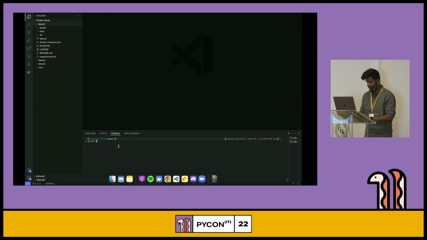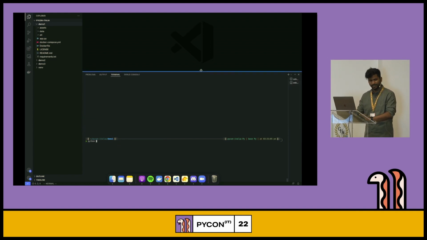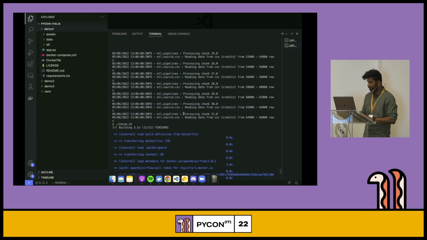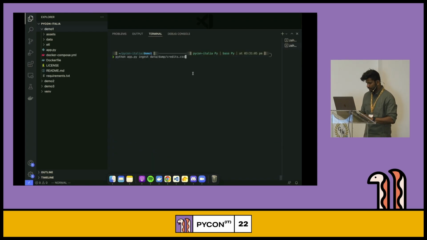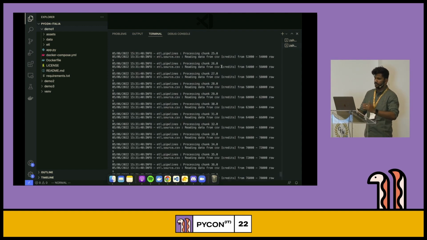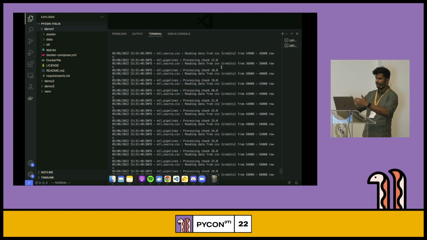I'm executing a script. It's basically an app which is the front layer of the entire system, and you can just tell it to ingest data, and it will break it into chunks.